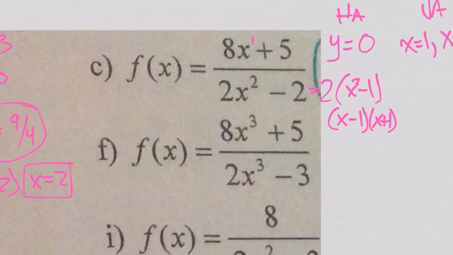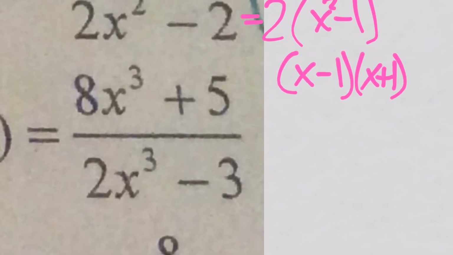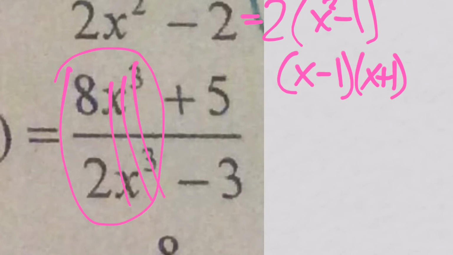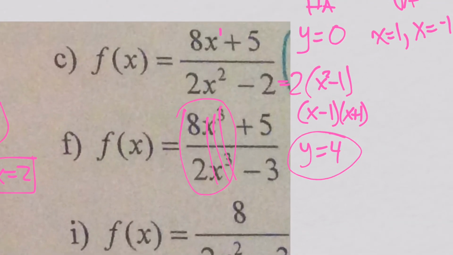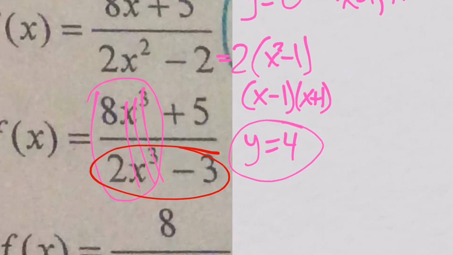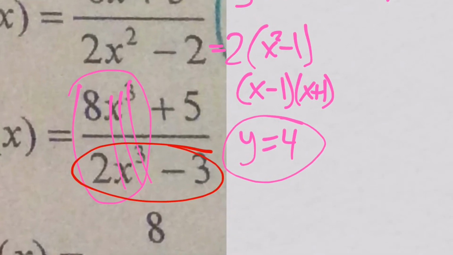Let's do F now. A problem like this should be really, really snappy. Horizontal asymptote, look, x cubed over x cubed. So I'll be left with 8 over 2 is 4. So y equals 4 is my horizontal asymptote for part F. Vertical asymptote, look at this thing. This is not going to be fun to find the